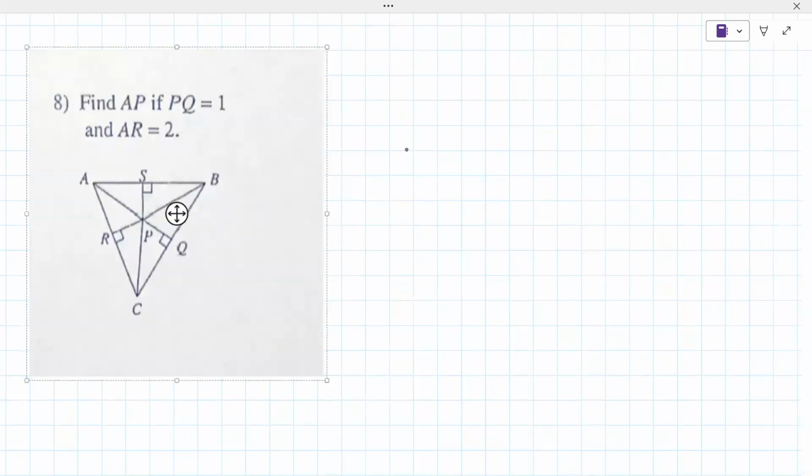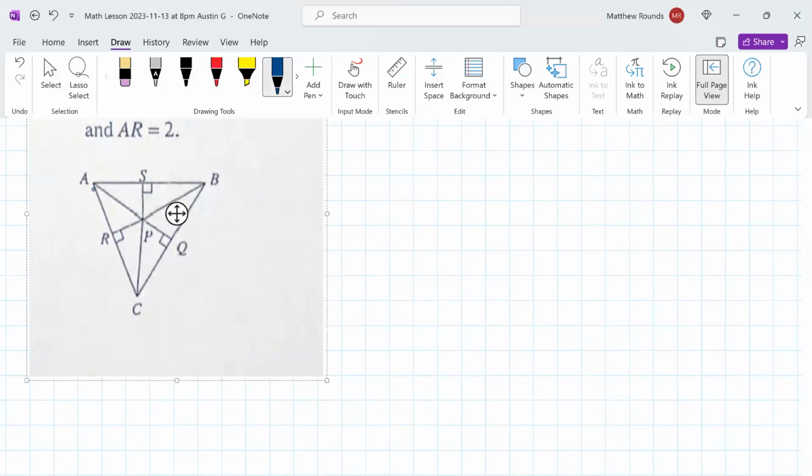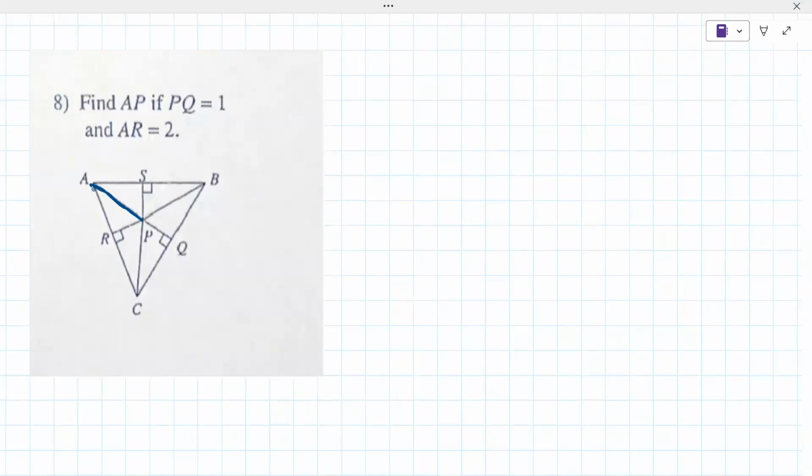Okay. But we've got in this problem, they got AP, trying to find AP. So AP, use a different color this time. We use blue. There's AP. And then PQ is there, and then they give you AR. So you have to remember that all the lines that come out are the same. So if I draw that triangle there,